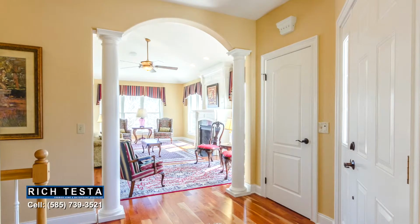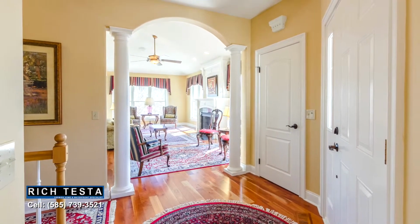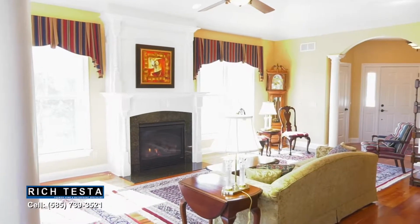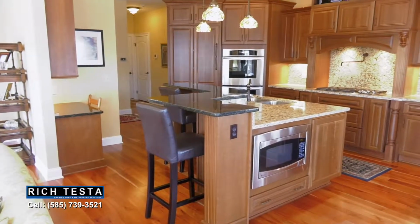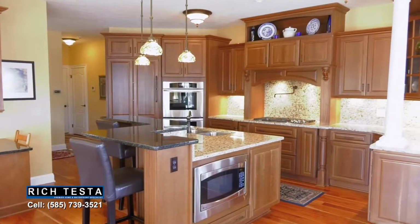This spectacular grand foyer welcomes you to this elegant home with architectural detailing, columns, and cherry floors. Step into luxury with this great room featuring a spacious living area with cathedral ceilings, a wall of windows, and a gorgeous gas fireplace. Open to a designer chef's eat-in kitchen, boasting custom dark cherry cabinetry, granite countertops and backsplash,